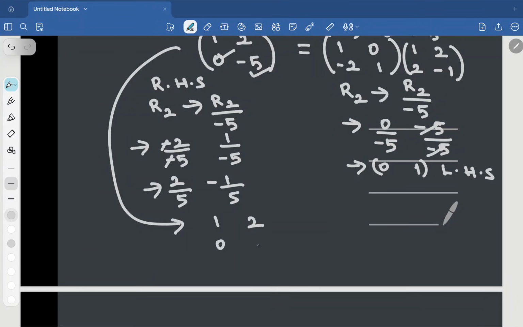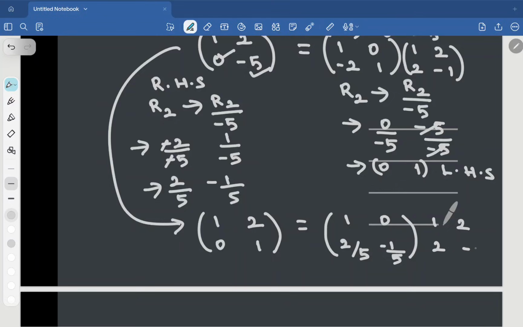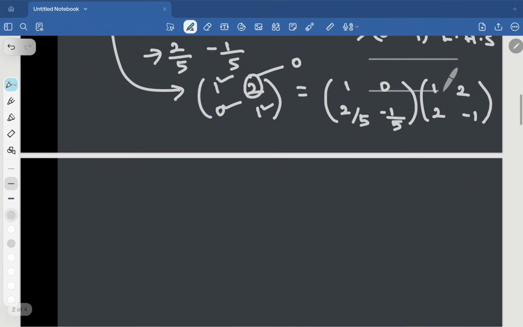LHS now becomes [1 2; 0 1], which is equal to [1 0; 2/5 -1/5] into A. What is A? [1 2; 2 -1]. Now, here 1 okay, here 0 okay, here 1 okay. Now, make this 2 to be 0. For that, the next elementary operation is R1